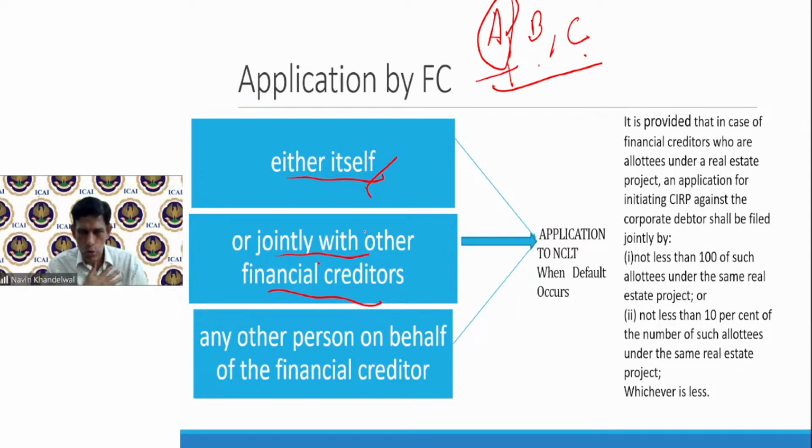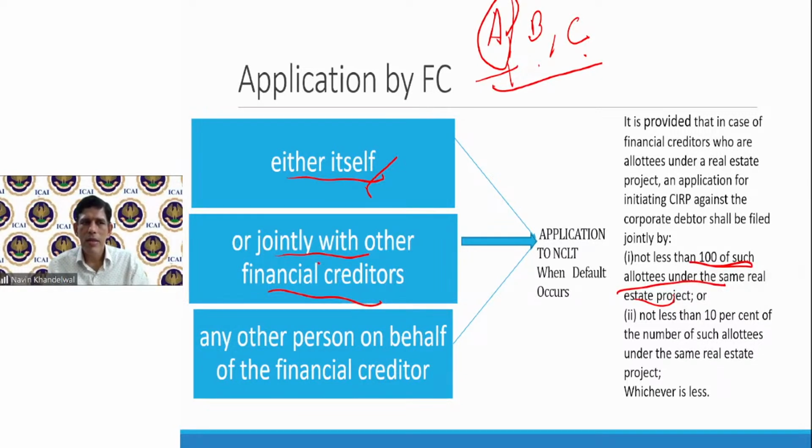Individually, I cannot go. Law says that if you are an allottee under a real estate project, then you have to come jointly, bring a minimum number of people together, which should not be less than 100 of such allottees under the same real estate project. Now we are talking of a project, not of the company. So if the company has 3 projects, A, B, and C,